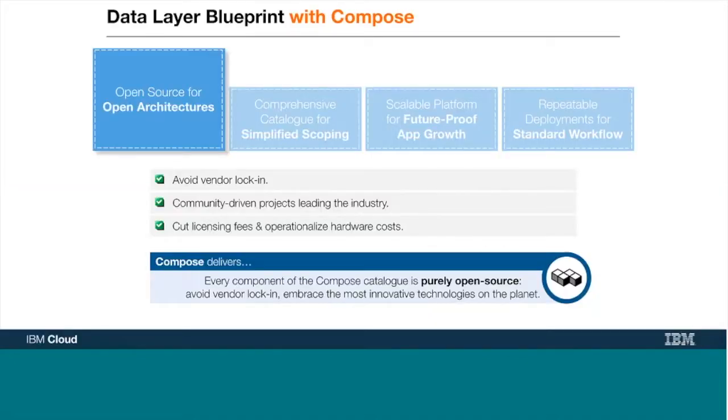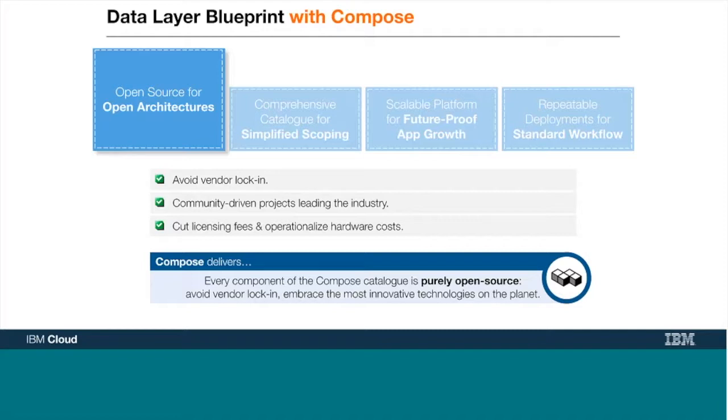We chose open source databases because even before we were part of the IBM ecosystem, we believed in open source databases. We've used open source databases in our previous jobs to deliver value, and we knew that there's a lot of value in them because they avoid vendor lock-in, and they're community-driven projects leading the industry. As people within the ecosystem need a particular feature, that feature will be added back into the open source databases. It also cuts licensing fees